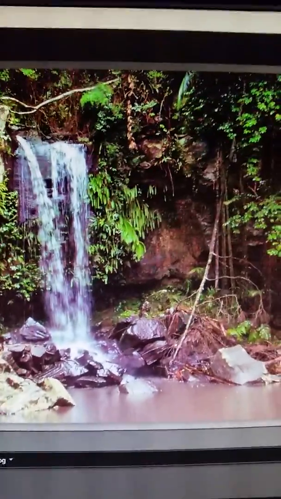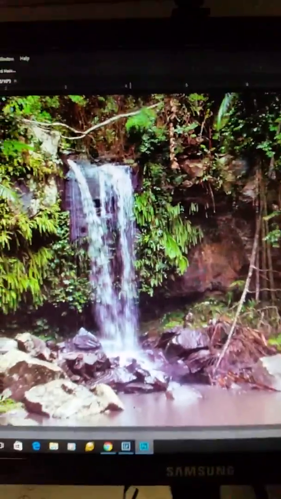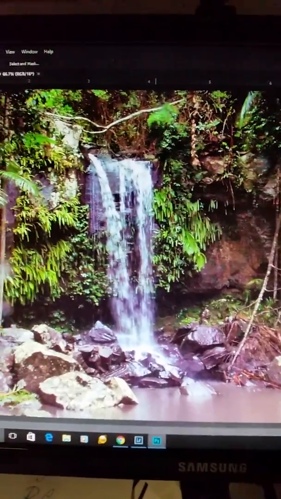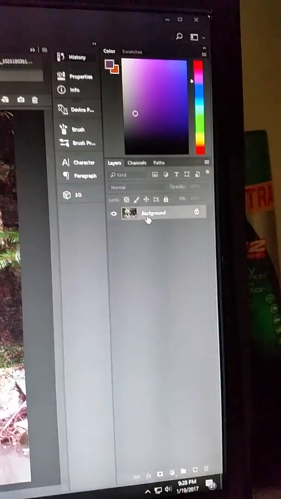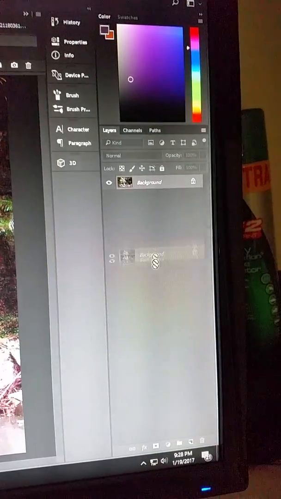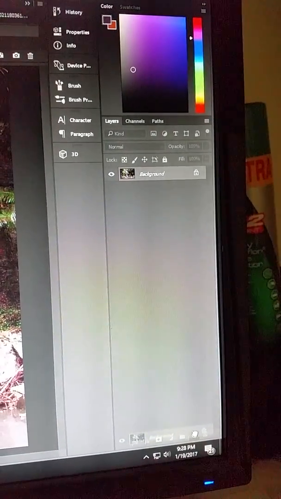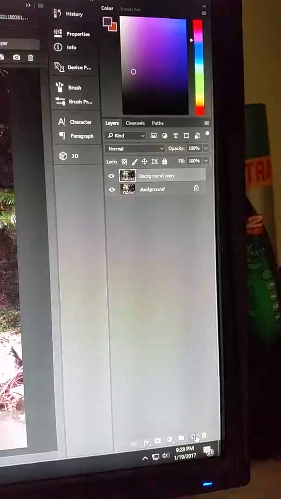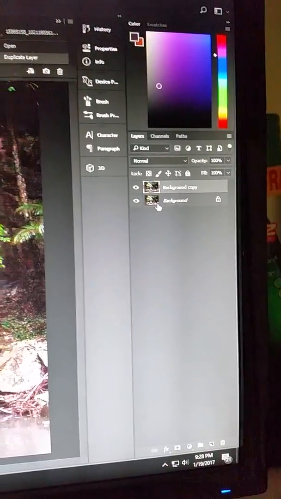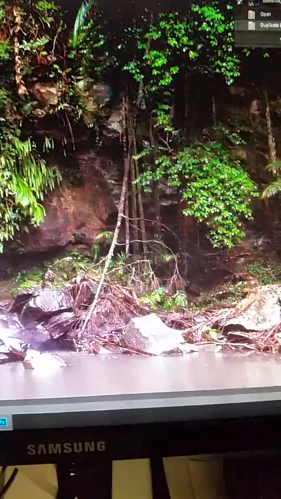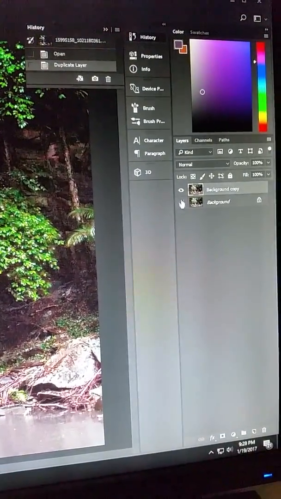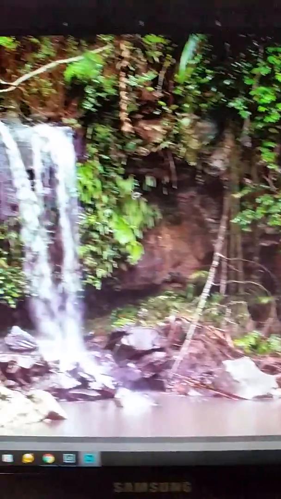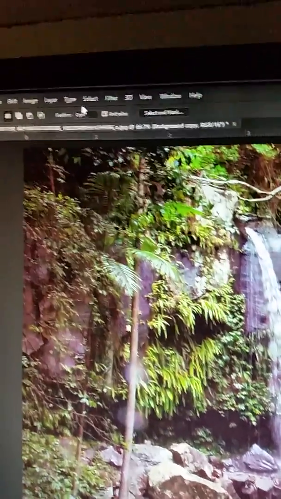Go into Photoshop now. Okay, now we have Photoshop. With Photoshop you're working in layers, so the first thing you want to do is just back up your original copy. Just drag that down to the bottom there, and that copies that original photo. You can turn that one off now because we'll only be using this one. Okay, so from this one, go up to Select,